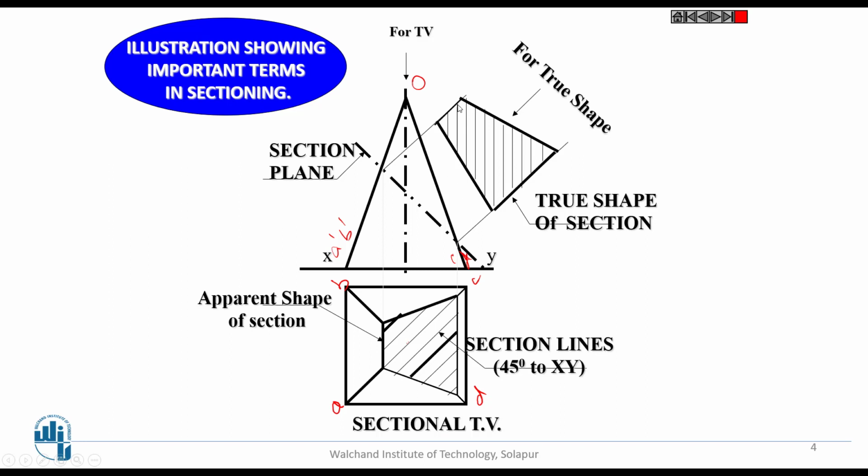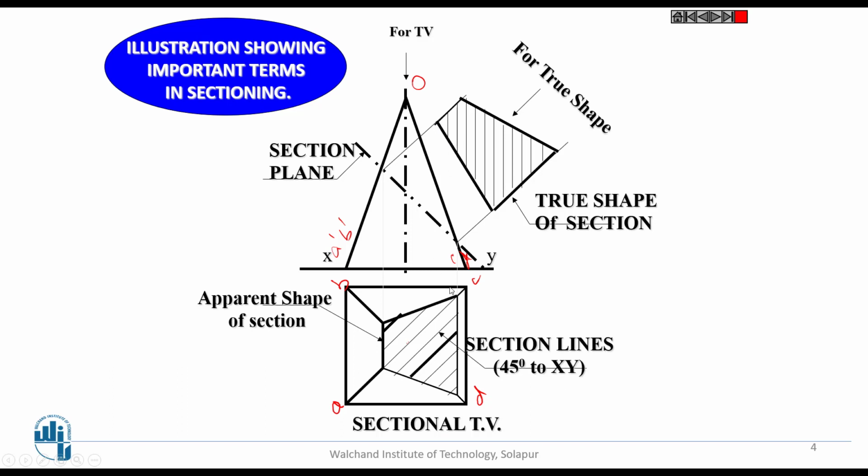To get these points, you have to go to the previous-to-previous figure. Suppose you want points 1 and 4. This projector is coming here and cuts the xy line somewhere. Keep the compass here and take this distance. For one point, keep the compass here and take this distance. Bring that compass back to transfer this point. Take this distance, keep the compass here, mark one point, and then cut this projector line. So you get point number 1.